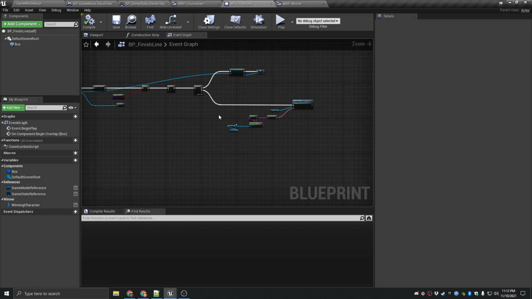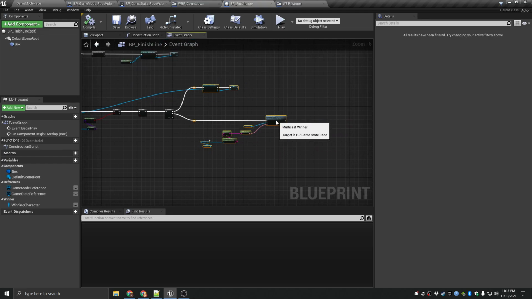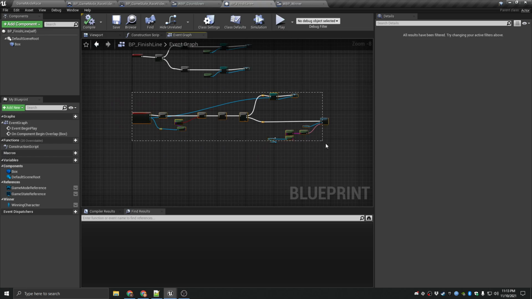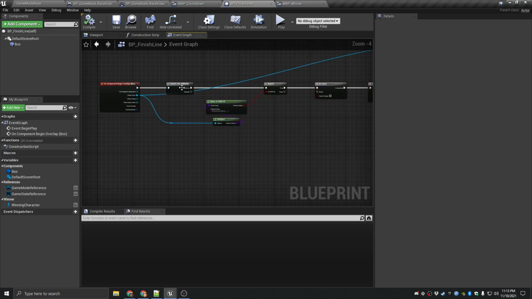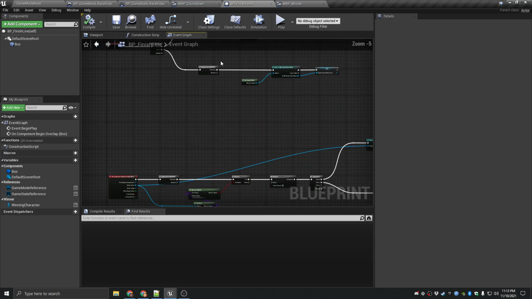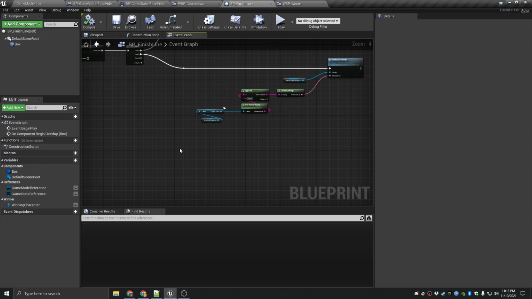And there's still another thing we need to do, right? The race is over, someone actually won the game, and we just let everybody know. But of course, we're on the server here, and that's why we created this game mode reference, because now that the game's over and everybody knows who won,